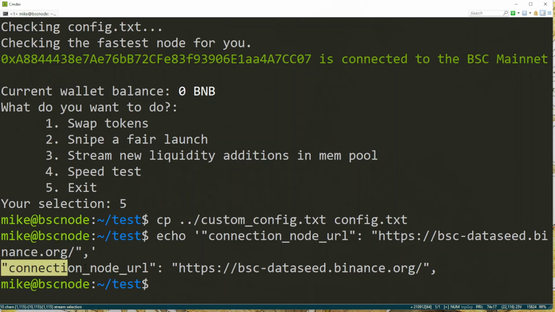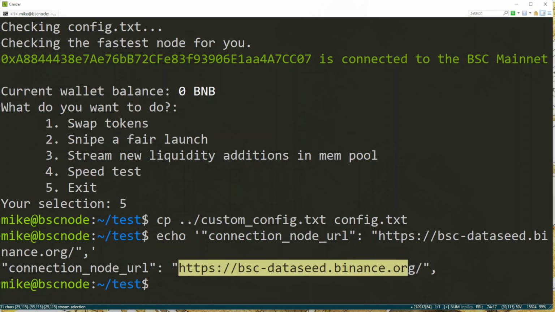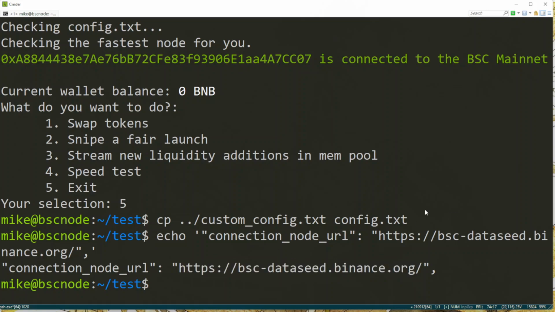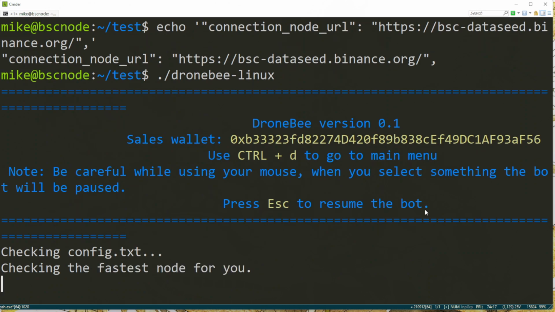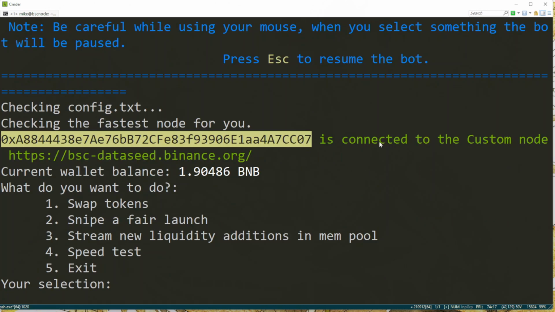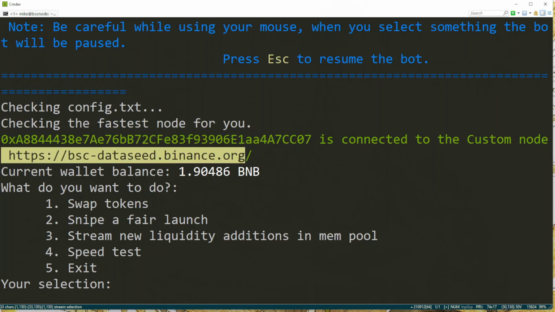I've just added the connection node URL to this. Because of that, I'll be able to actually connect to this node now. You can see that when I run the DroneBee, this wallet is connected to a custom node which I provided.